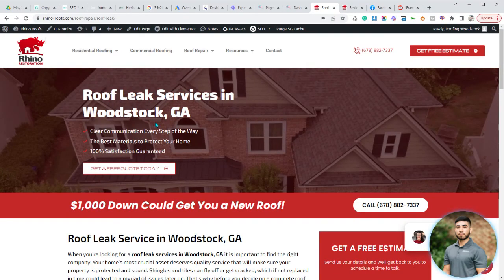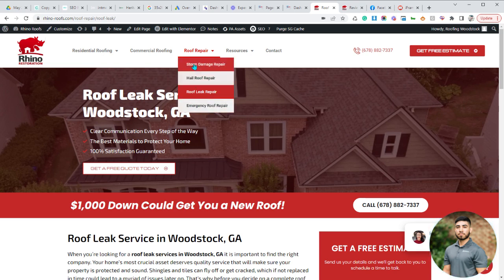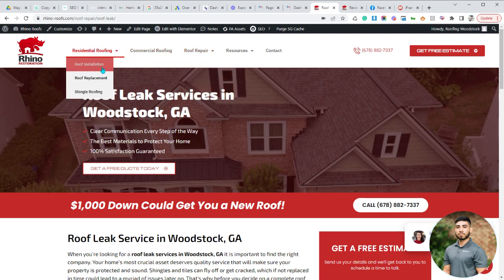All right, so here is how we optimize or power up our Power Pages. Power Pages is basically just one of the service pages, right? The reason being is that these service pages are what's going to boost your relevancy for your niche. We're trying to tell Google exactly what we do, so we need as much information about what we do as possible. And that's why these service pages, or Power Pages, how I like to call them, power up your rankings